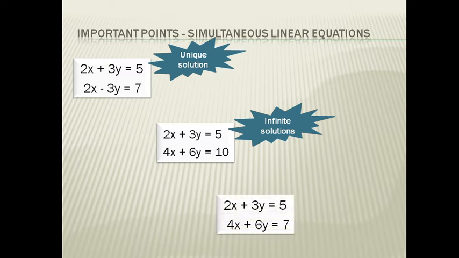Now we consider the third set of equations. If we eliminate the x variable, then multiply the first equation by 2 and subtract this, then x variable and y variable both are cancelled. That means we cannot solve this, there is no solution. If we plot these two lines in the xy plane, these two lines do not intersect each other, they are parallel to each other. Now this concept of unique solution, infinite number of solutions and no solution is expressed in the form of consistency and inconsistency of the system of equations.